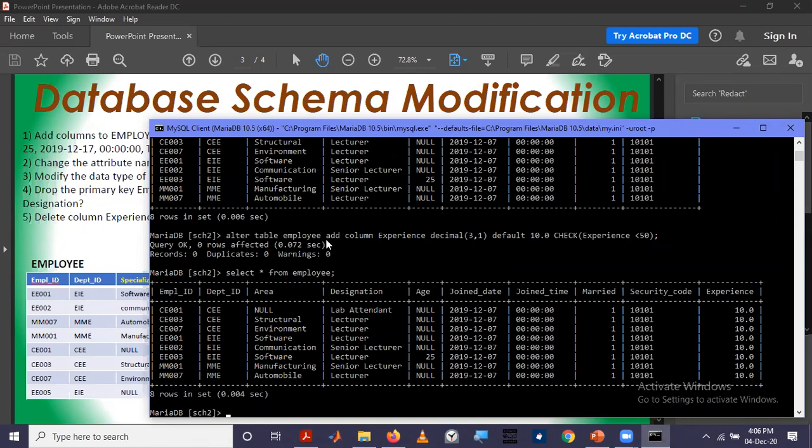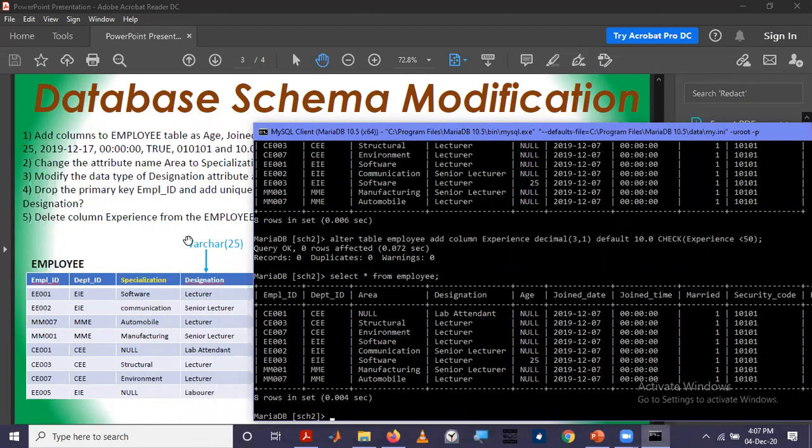But in case we have to change the name of a column, we cannot use alter column. Then we have to use a special keyword known as change column. Alter table is the same, but if we are renaming, we have to use change column.